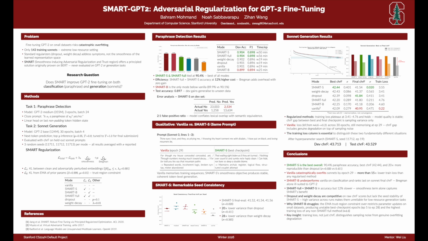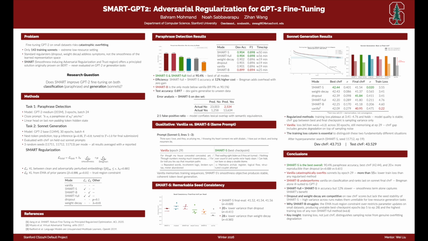For paraphrase detection, we use GPT-2 medium with a cloze-style prompt, classifying based on the last non-padding token, an implementation detail that was critical since naively using the last position caused accuracy to collapse to as low as 0.36 to 0.4. Looking at the results, SMART S and SMART Full both achieved 90.4 dev accuracy,